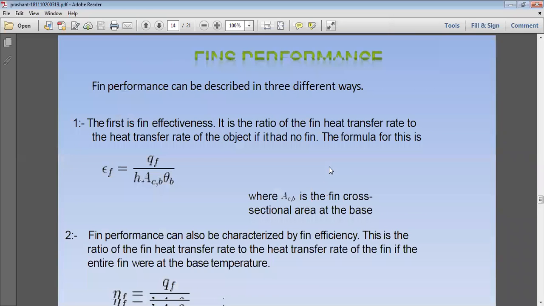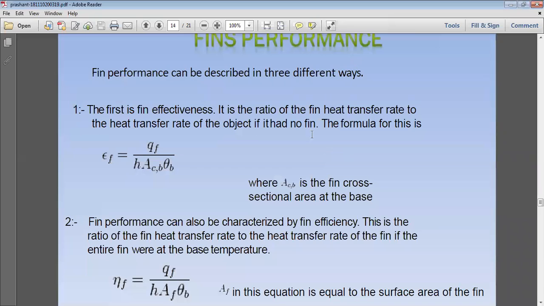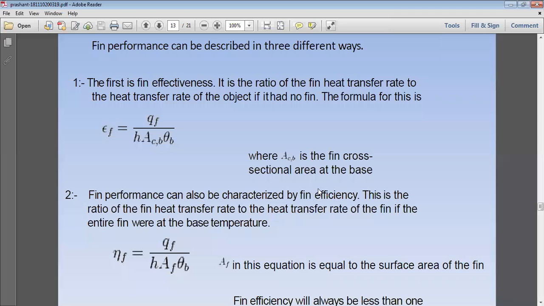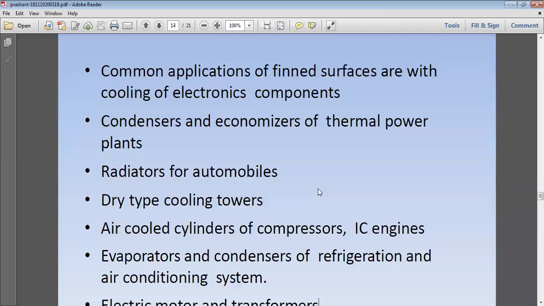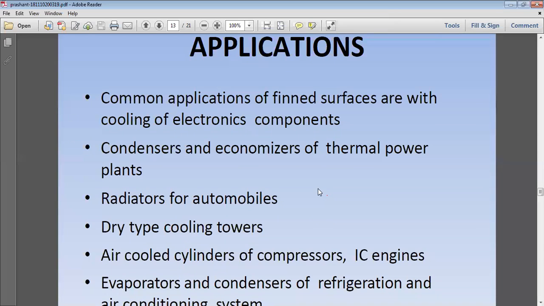Next class we'll see the performance of the fin and material. What are the different types of materials we are using in fins, and the derivation and all. What is the fin efficiency, what is the fin effectiveness, what is the overall efficiency of the fin, what is the temperature distribution of the fin, and what is the basic derivation for fin conditions. If you are considering a long fin, or a short fin, or a long fin whose end is insulated, what will be the condition for such an insulated tip fin, that we will see in the next class.